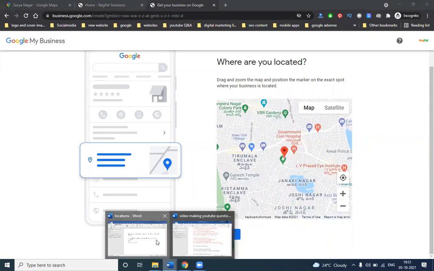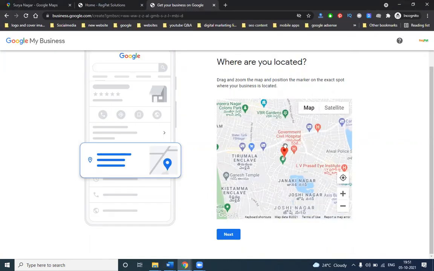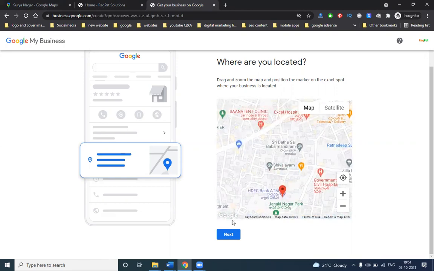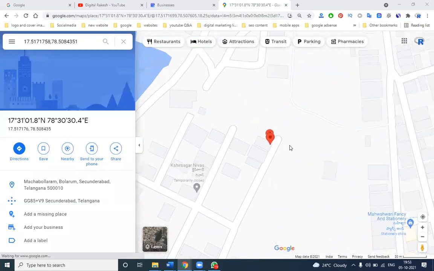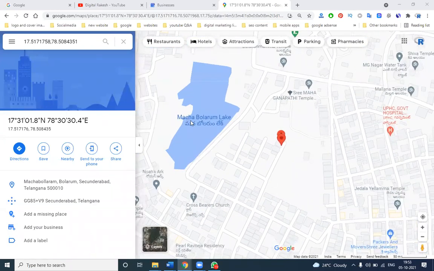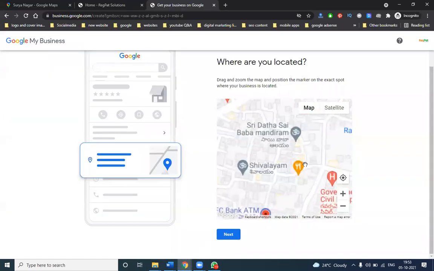So you can check the exact location from here. These are the exact locations. Check the location and mark it here. Machabollaram Lake. So now you can check here, the map will be here.